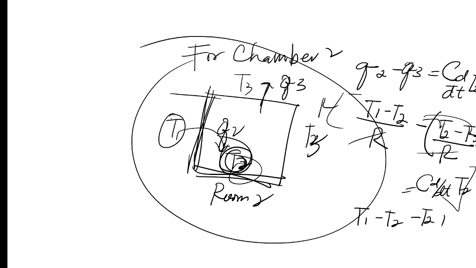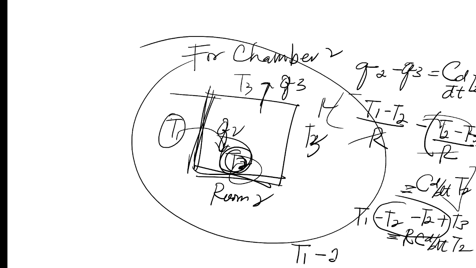R will be removed, then we multiply this with R, so R times C d over dt of T2 because we are in chamber 2. So minus T2 and minus T2, they are just the same. So algebraically we can add them together. So T1 minus twice the T2, plus T3 is equal